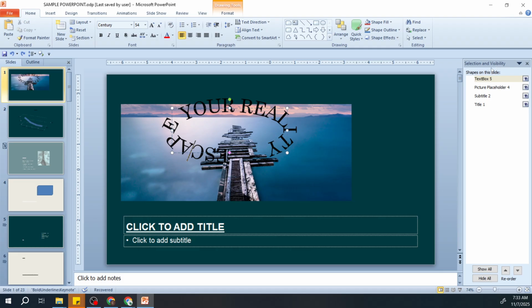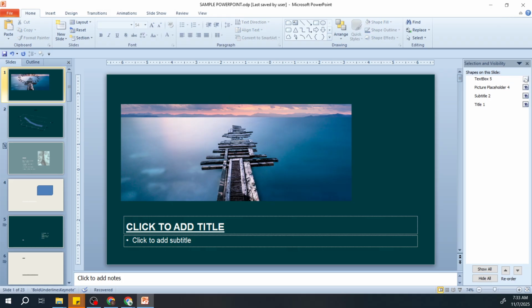Now comes the part where you hide the object. Look through the list in the Selection Pane and find the object you wish to hide. You'll notice there's an eye icon next to each object's name. By clicking this eye icon, you can toggle the visibility of the object. When you click it, a line will appear through the eye, indicating the object is now hidden from view on